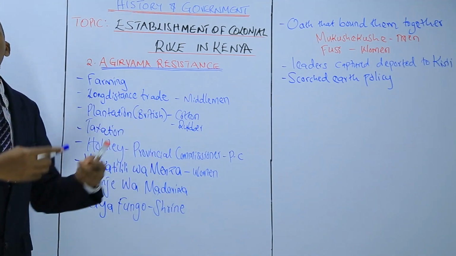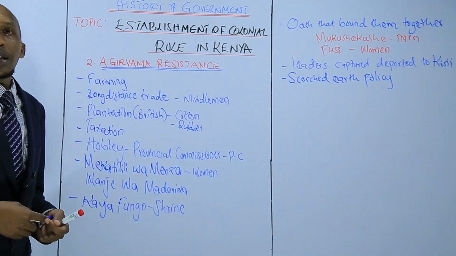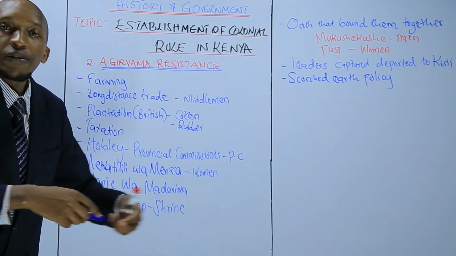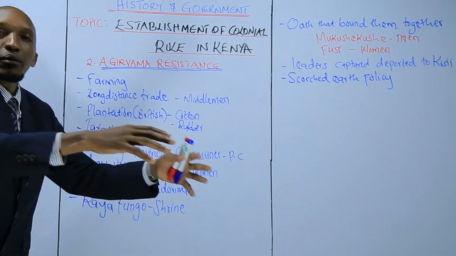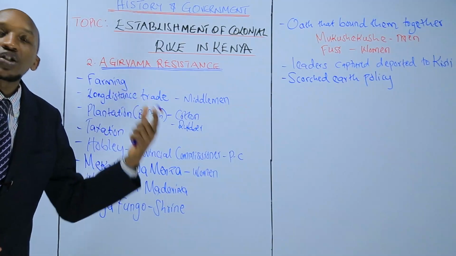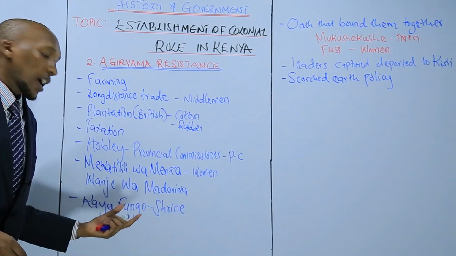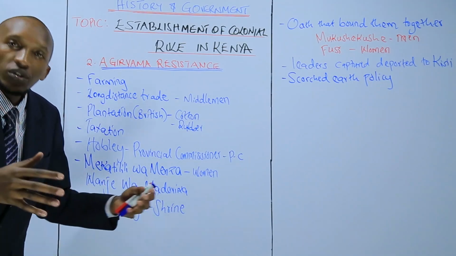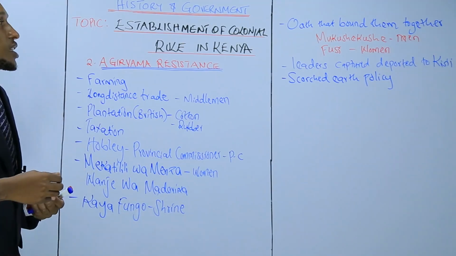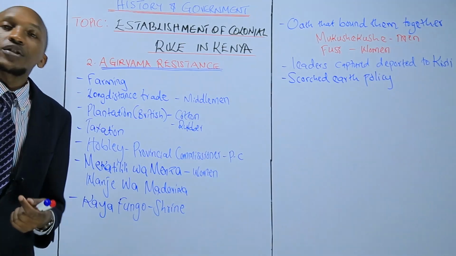The scorched earth policy, so they could invade the communities. They could burn down the huts, the homesteads. Remember, as you learned in your Form 1 work, the Agiriama were living in homesteads. They could have one family having all their houses together. So the British could come and destroy those houses. They even burnt down the Fungo, the Kaya Fungo, which was a very essential shrine in the lives of the Agiriama. So instead of demoralizing the people, this further fueled them to resist against the